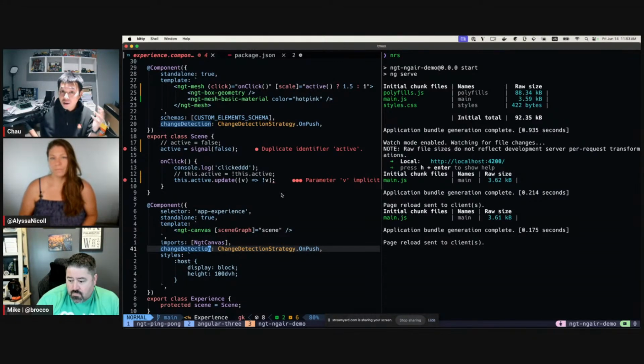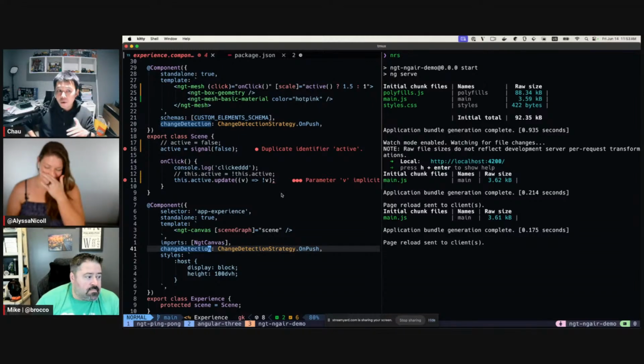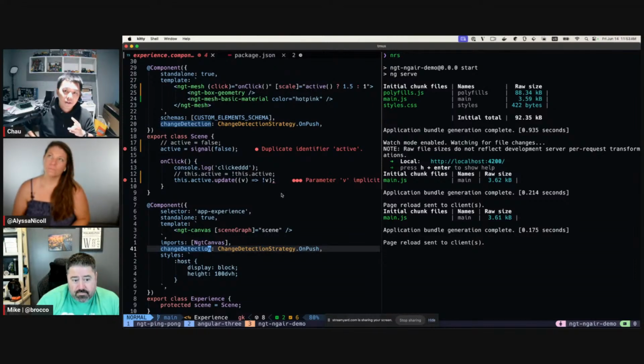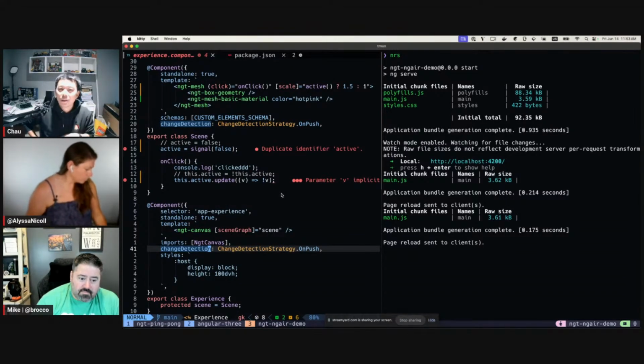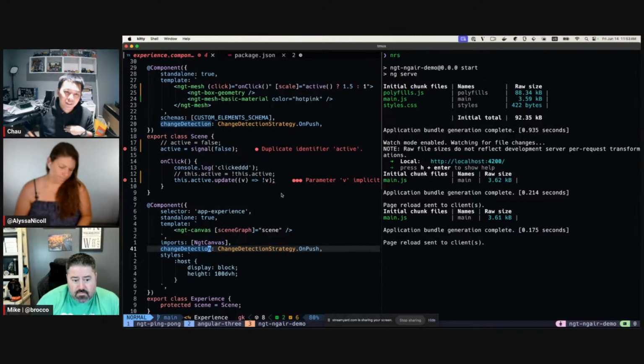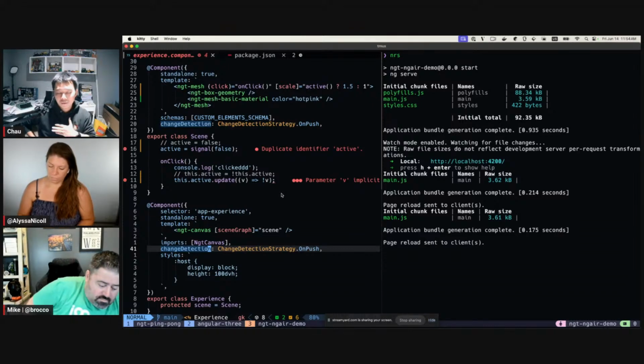Now later on, when we have fully signal components, like the Tomorrow strategy, you don't need OnPush anymore, but you have to drive your template entirely with signals. So if you have an observable, you want to turn that observable into a signal before you use it in the template, like toSignal or whatever. So today, what you can do is drive the template with signals. If you have observables, turn them into signals before exposing them to the template. Then you will be very, very safe to migrate towards signal components or even zoneless.